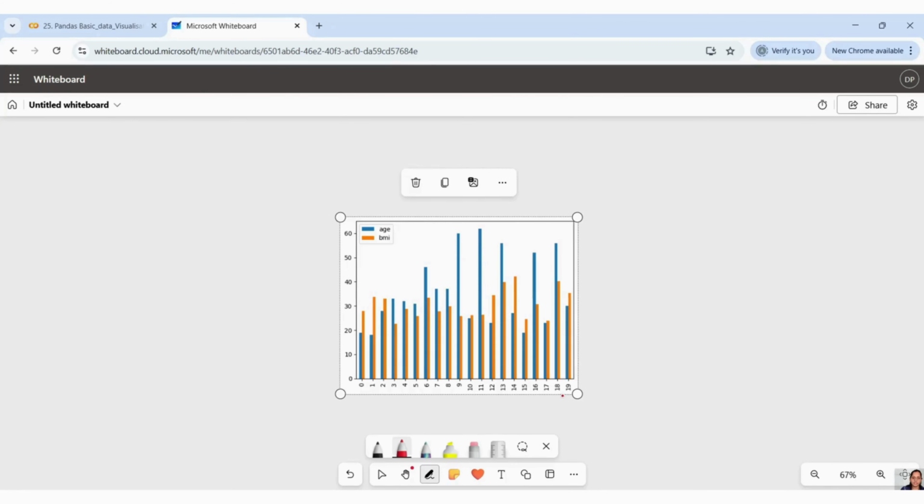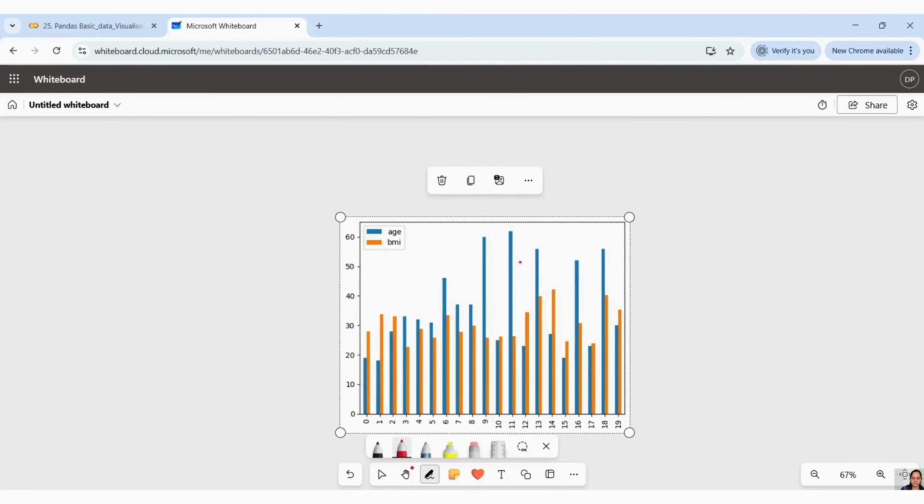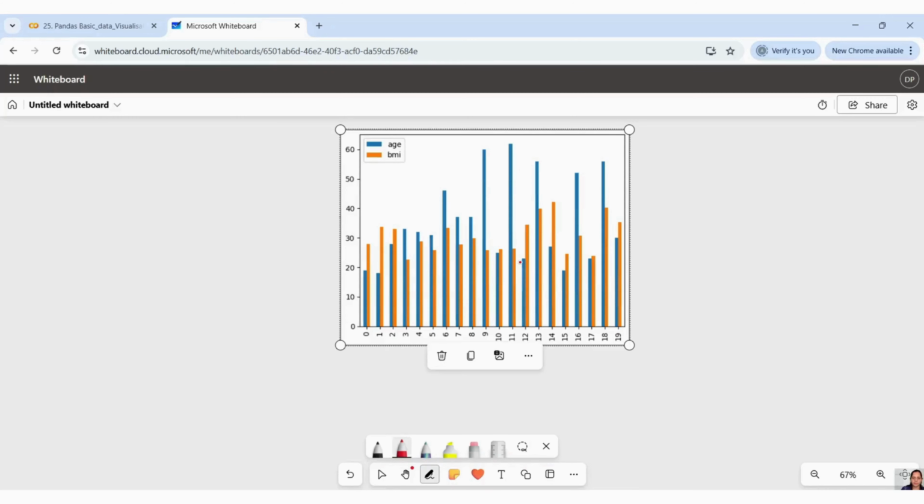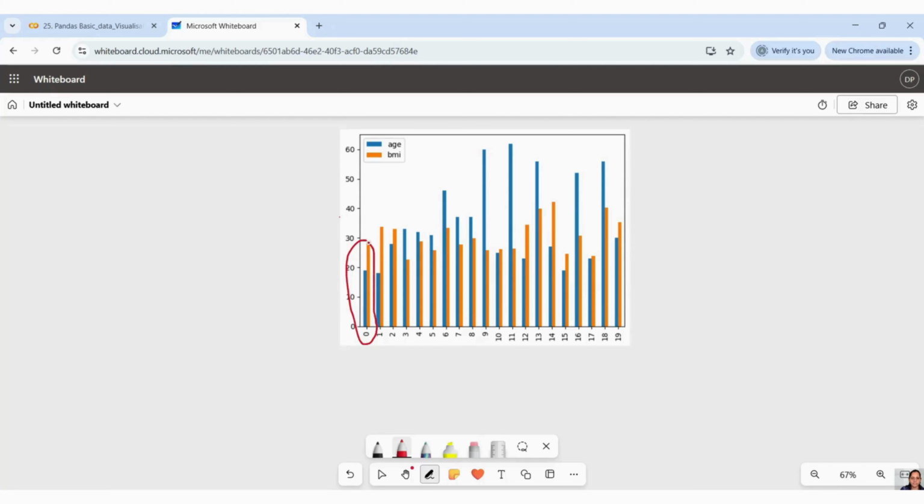You can see, let me maximize it a bit. Guys, this is the first data set. I am just showing you how we read it. This is your Y-axis, this is your X-axis, right? Here the blue bar is your age, the orange bar is your BMI.